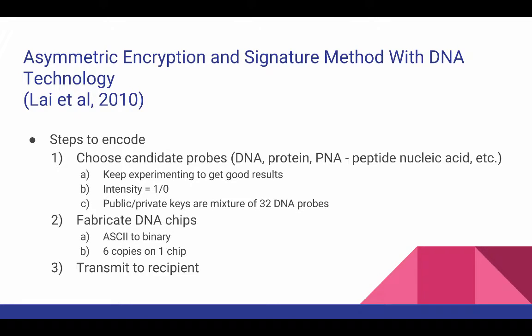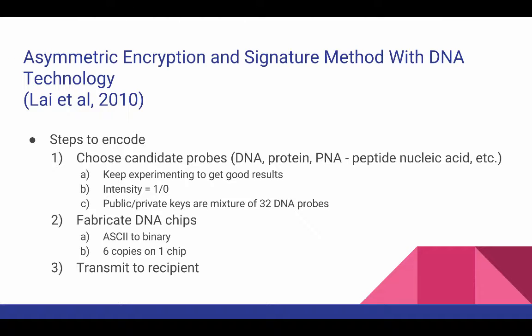So, first we have the asymmetric encryption and signature method with DNA technology. This paper suggests using DNA PKC, which stands for public key cryptology, in asymmetric encryption. In asymmetric encryption, the DNA PKC uses two pairs of keys. Using a public key encryption, anyone can send a message to a specific user. Only the specific user has the decryption key needed to decrypt the ciphertext. In the general method, keys are in the form of digital information, and in DNA PKC, keys take the form